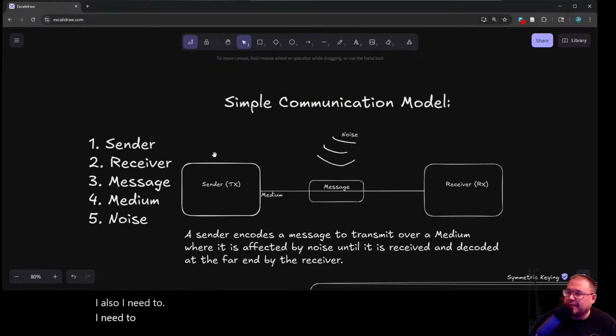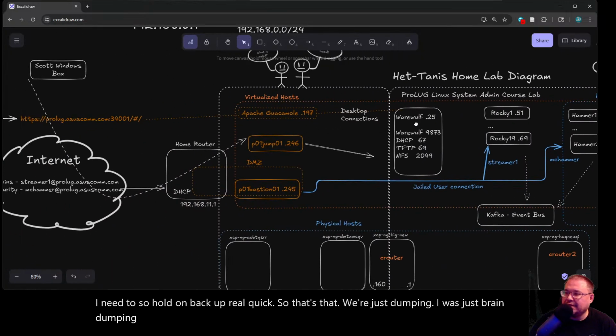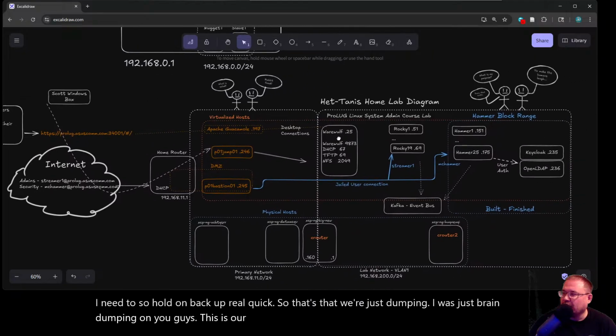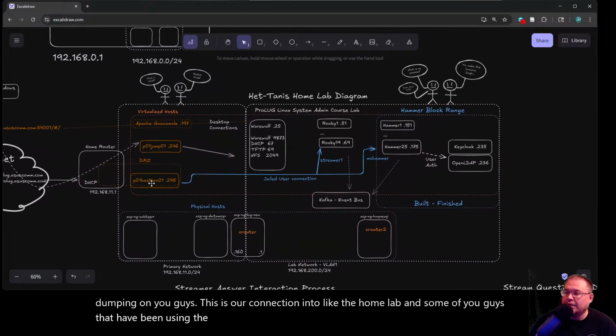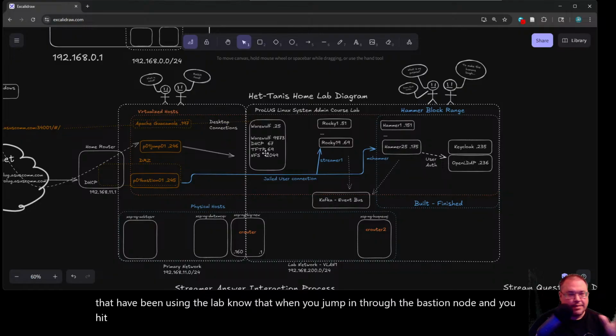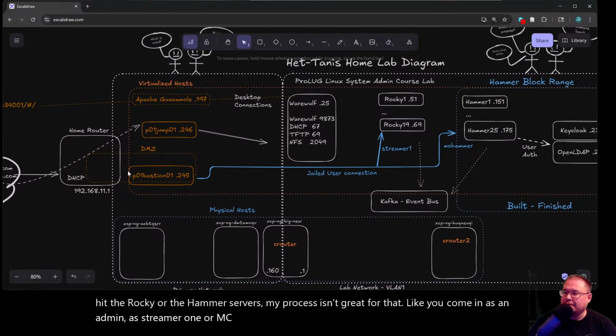So hold on, we'll back up real quick. I was just brain dumping on you guys. This is our connection into the home lab. Some of you guys that have been using the lab know that when you jump in through the Bastion node and you hit the Rocky or the Hammer servers, my process isn't great for that. You come in as an admin as Streamer 1 or MC Hammer, and you get dropped into a jail,